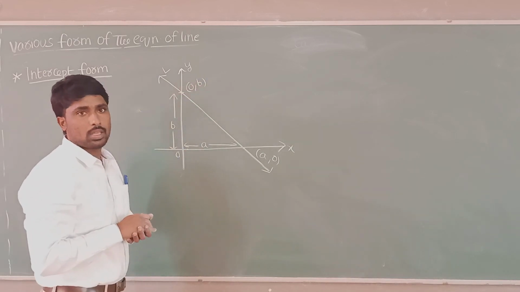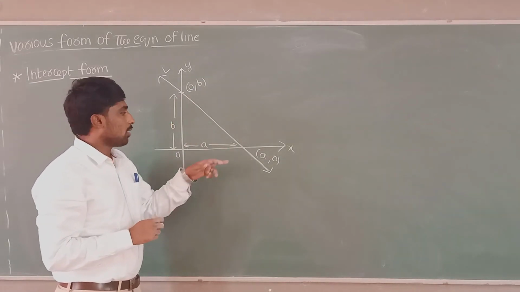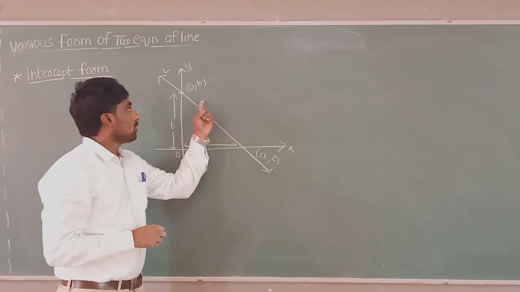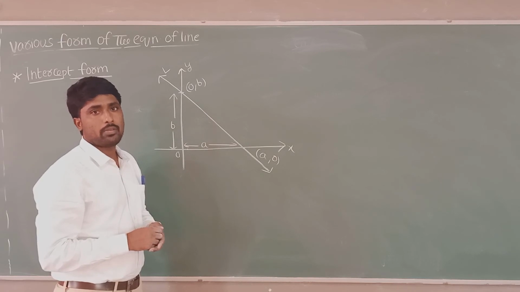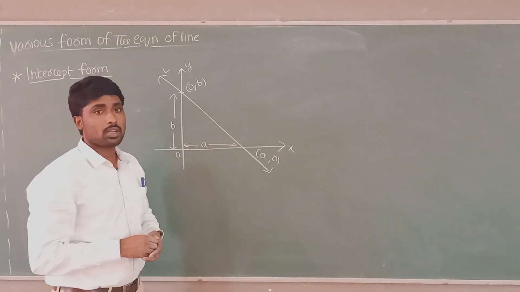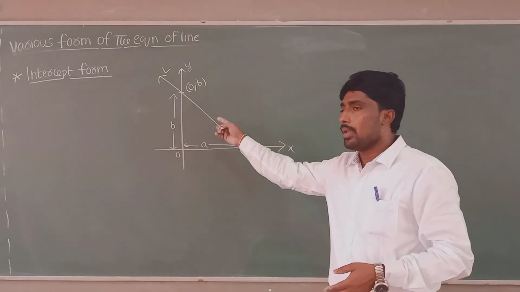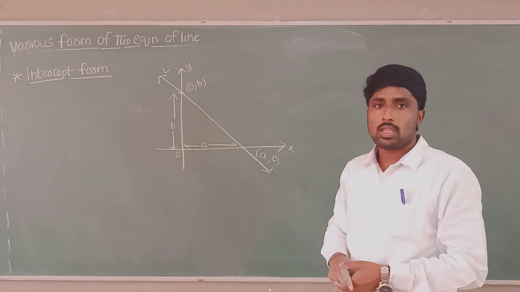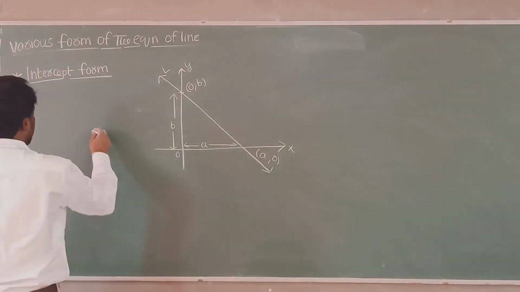Now if you observe clearly, this line is passing through 2 points. Then by using the two-point form of a straight line, I can find the equation of the straight line in the intercept form. Is it clear everyone? So all of you understand what the intercept form of a straight line is? It makes x-intercept a and y-intercept b. Then the equation of the line we have to derive now. So the solution introduction you have to write.